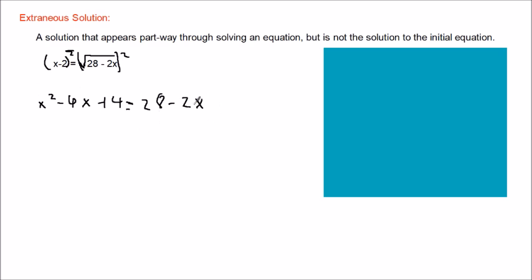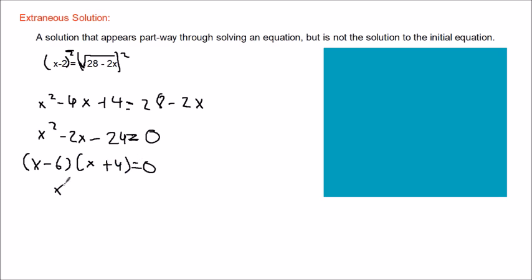Now you move everything to this side, and you'll get x squared minus 2x minus 24 is equal to 0. That's not a z, it's an equal sign. Okay, and then you can factor this to get this. And then you can get x is equal to -4 or +6. And that is your answer. However,